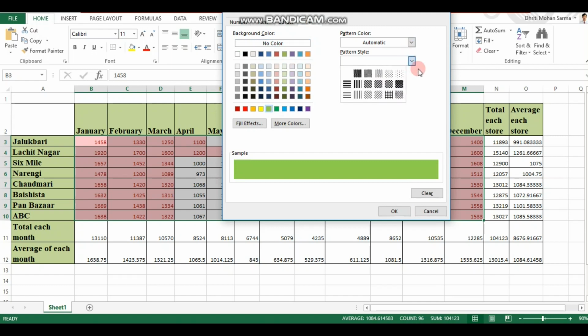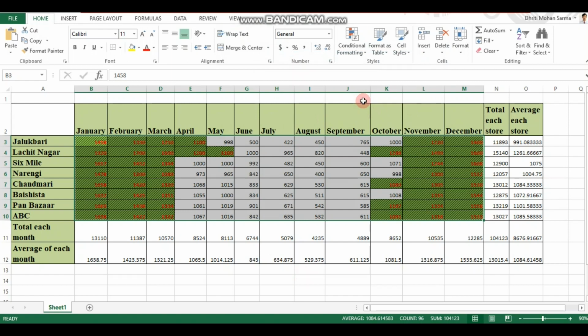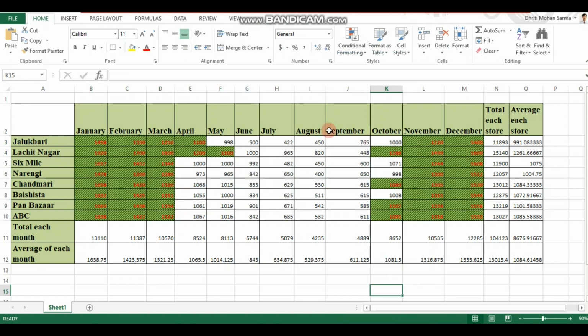Again, it's totally optional. Now you can see, I think the data is not visible. So let's give a better pattern, so we can just manage it from here. Manage rules.